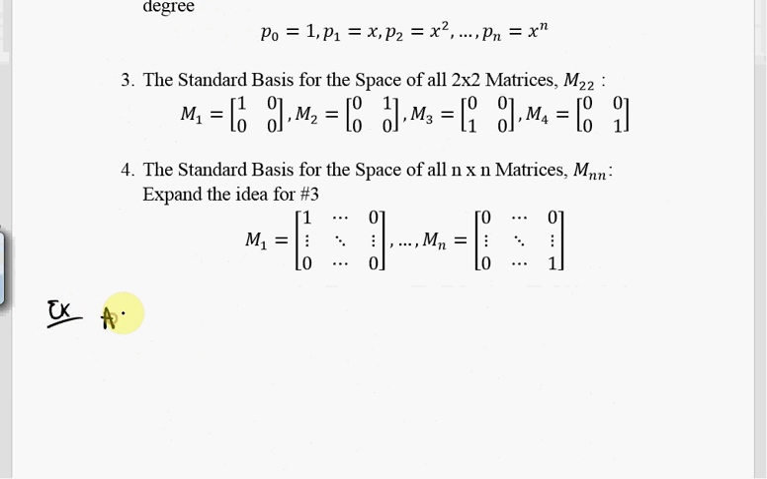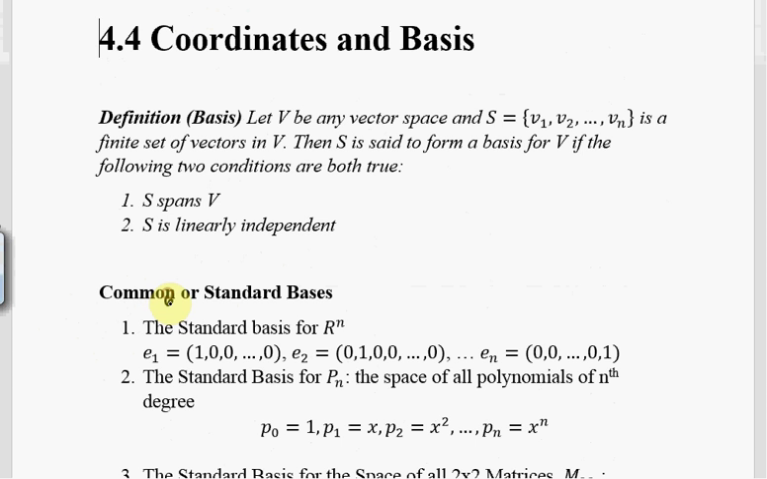So if you have the matrix A that has entries 5, 6,